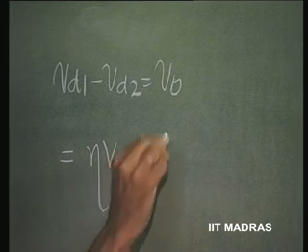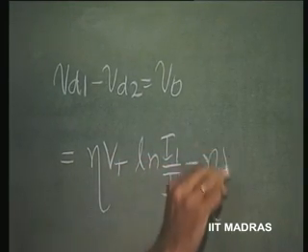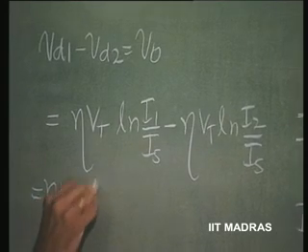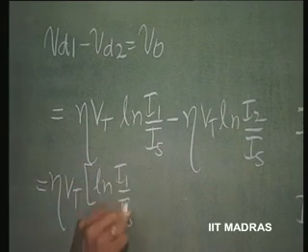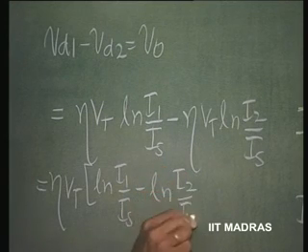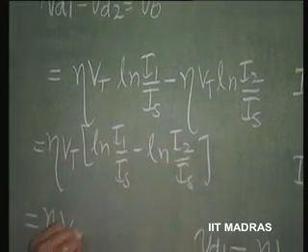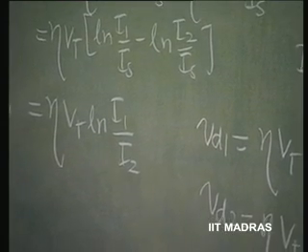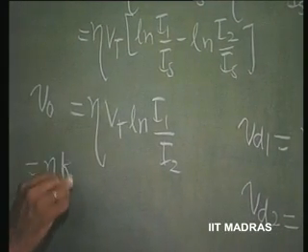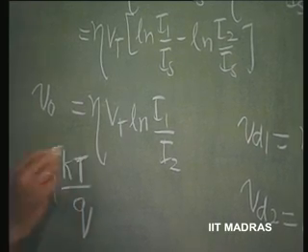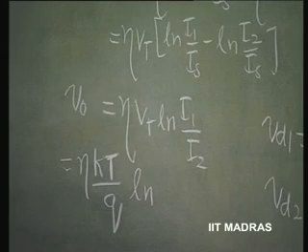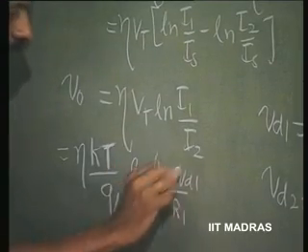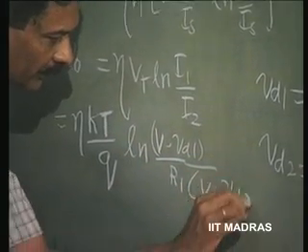Eta Vt log I1 by Is minus eta Vt log I2 by Is, which is eta Vt times log I1 by Is minus log I2 by Is, which is eta Vt log I1 by I2. Is gets cancelled here. So, this is the output voltage. This is eta into kT over Q, Vt being kT over Q, log of, let us now see what I1 is, V minus Vd1 by R1, divided by I2, which is V minus Vd2 by R2,